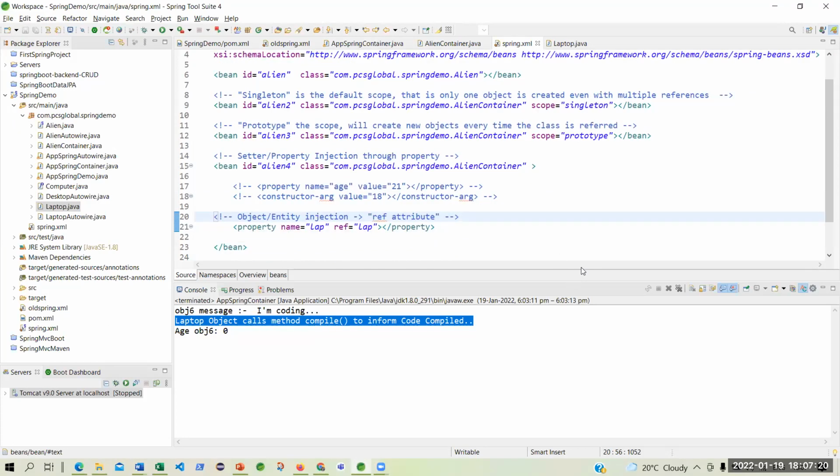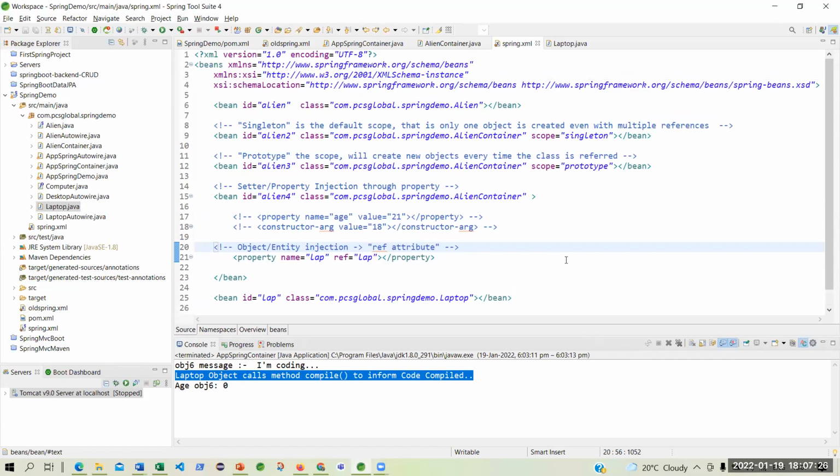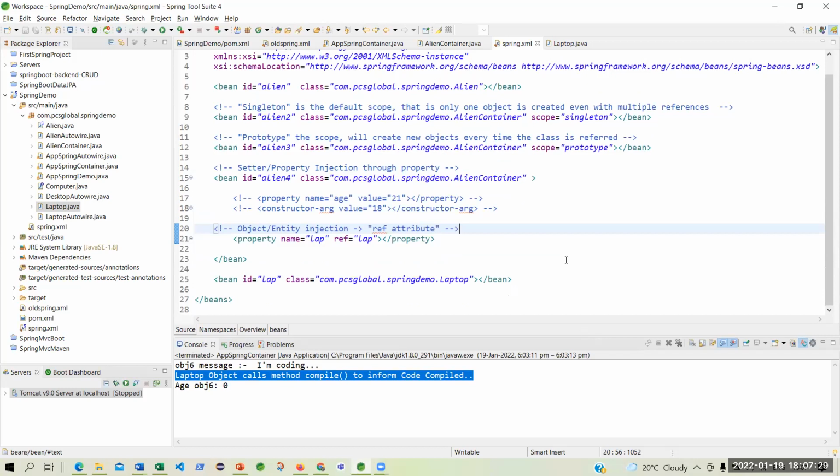Now, suppose a person who is new to Spring, will he be able to understand or debug? Suppose you are no longer in the company, somebody else has replaced you. He has to go through all your configuration file and he will go mad. This is a small program, a small application. Think of an application as big as a payroll application. He will go mad because there will be thousands of lines in this configuration file. Even though this is a small program, you have written so many lines.